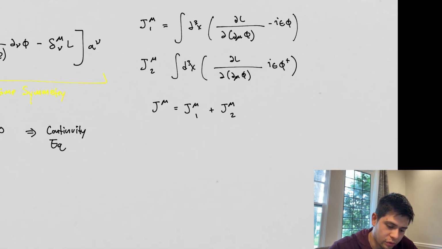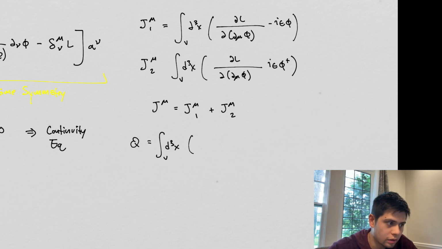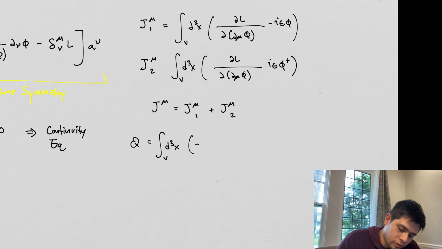We have it showing up here. We just have this extra phi. So what ends up happening is we get that Q equals the integral of that over our space, is equal to,